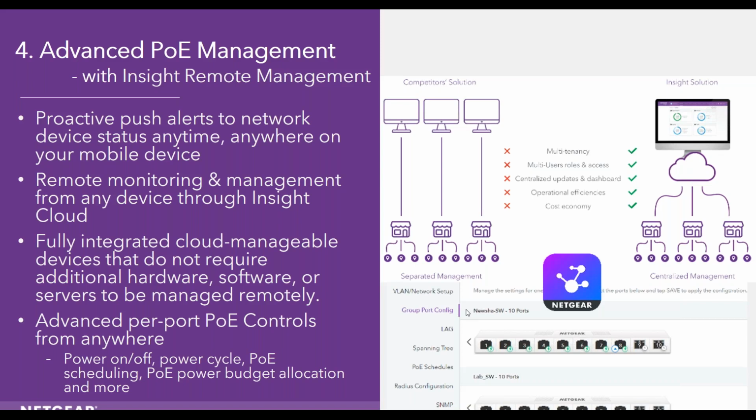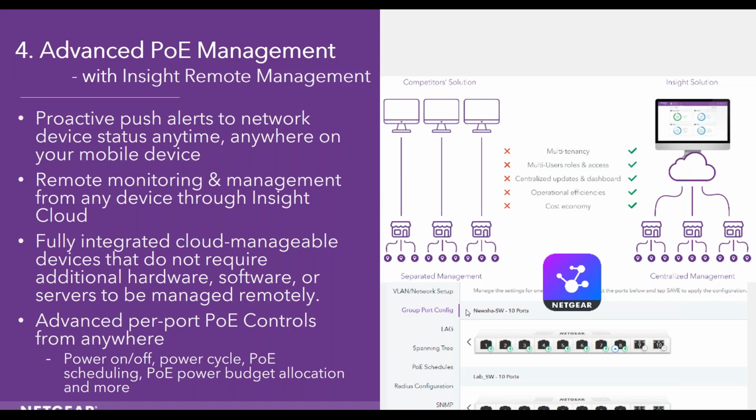We have the mobile app and the web browser-based Insight portal to manage the switches and other devices through the Insight Cloud. These are fully integrated cloud manageable devices that do not require additional hardware, software, or server to